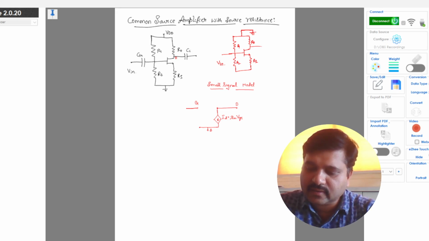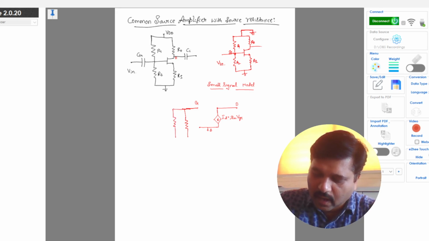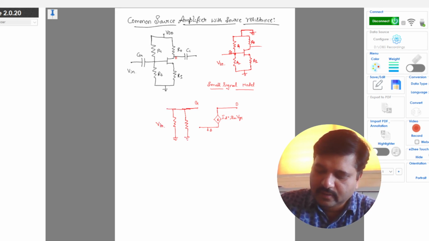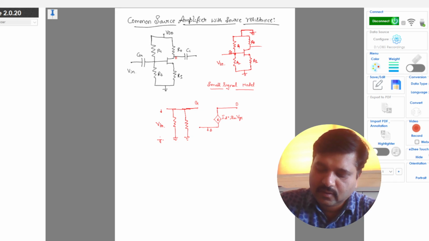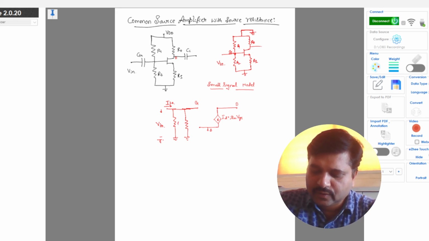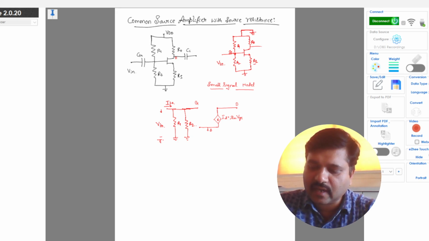So now we have RS, R1 and R2, which are connected from the gate terminal to ground. Here also it is grounded. So from the gate terminal to ground you have R1 and R2. This is my Vin from gate to ground, the reference, and this is my input current Iin. So R1 and R2 are in parallel,